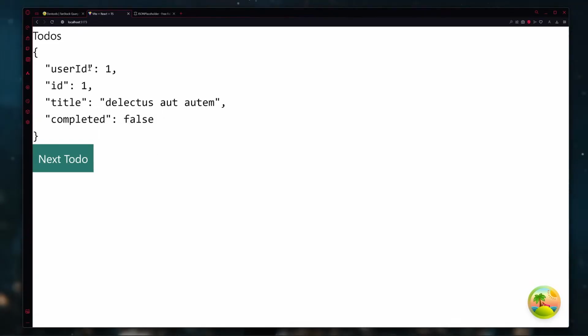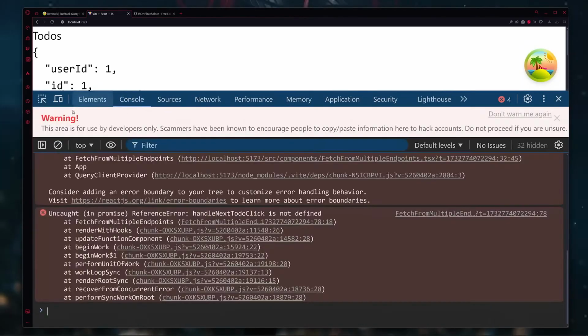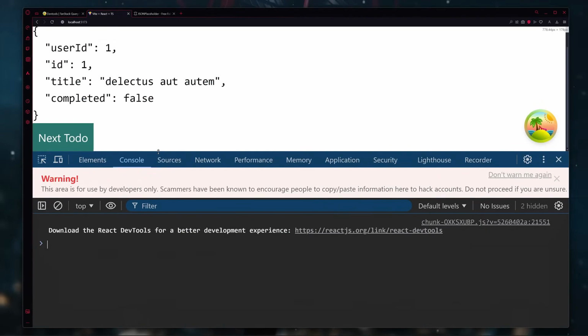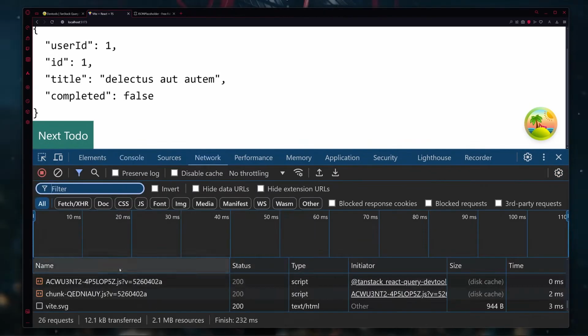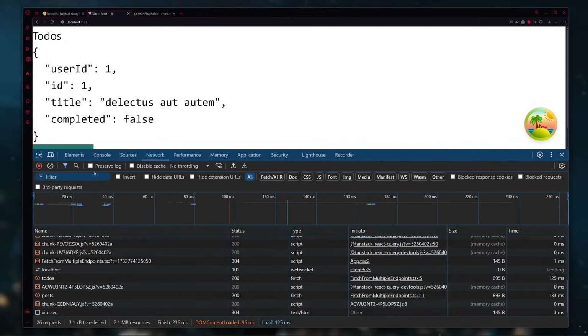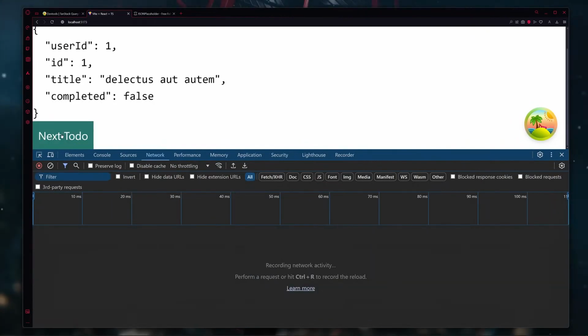And here you can see the user ID is 1 and the ID is also 1, and this is the title. But now if I click on there, it's going to give us new data, but I don't know why it is not giving us that. Let me just go ahead and go to my console, and we are now getting some sort of an error. If I click on there, it should be getting us new data. Why is it not working? So let's just go back a bit. I'm going to clear this out, and now I want to click on there,